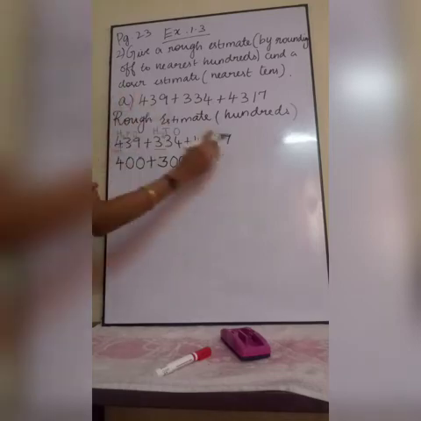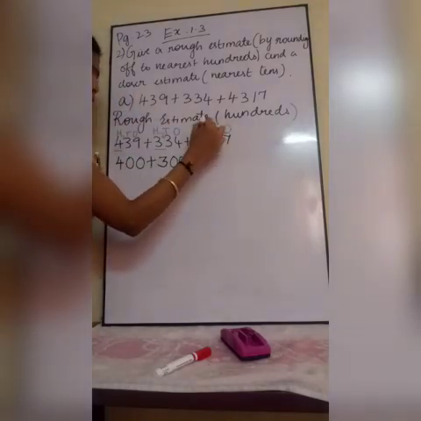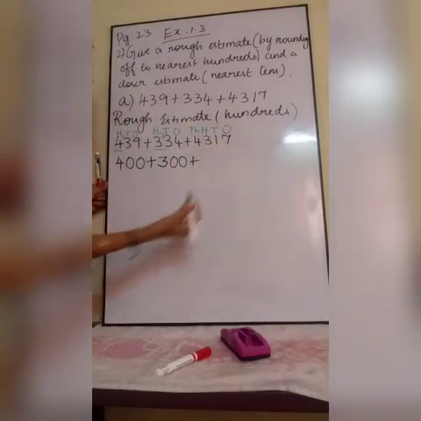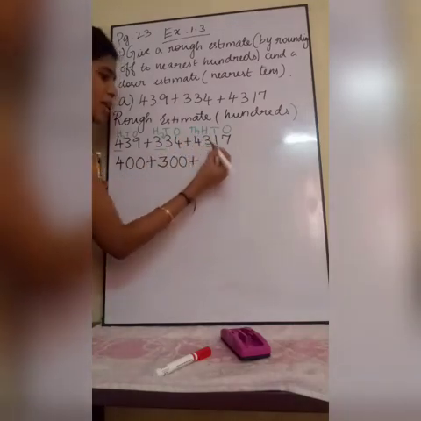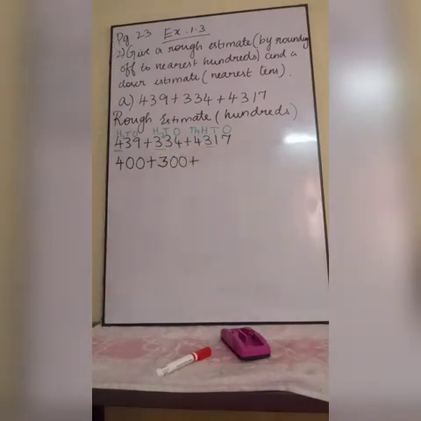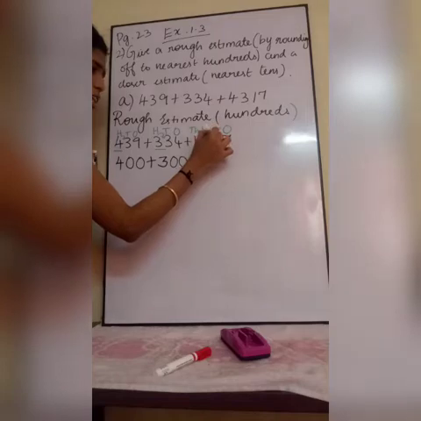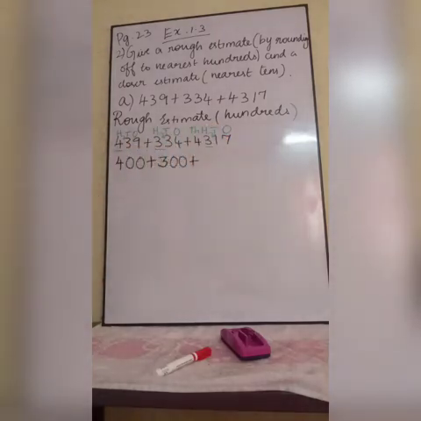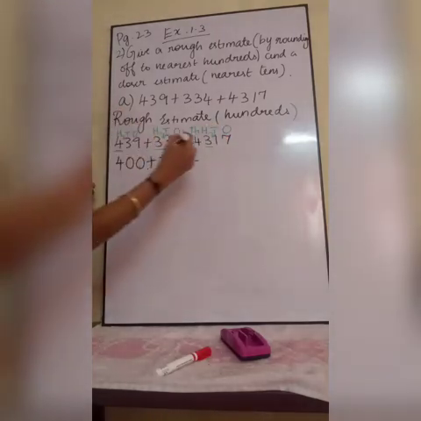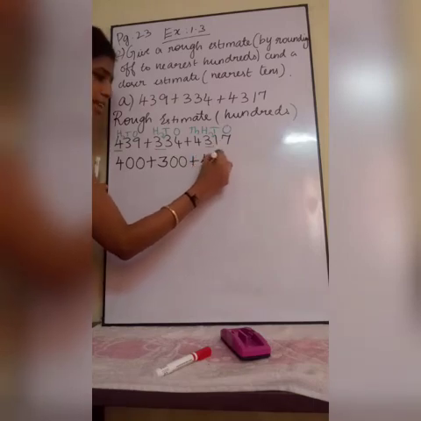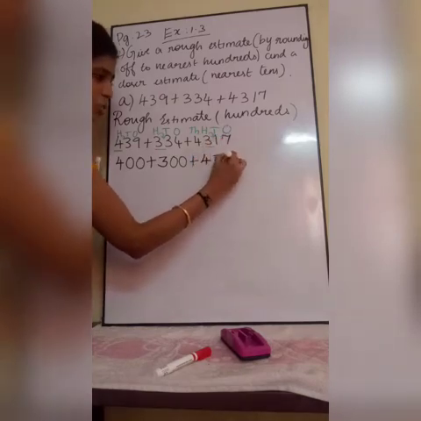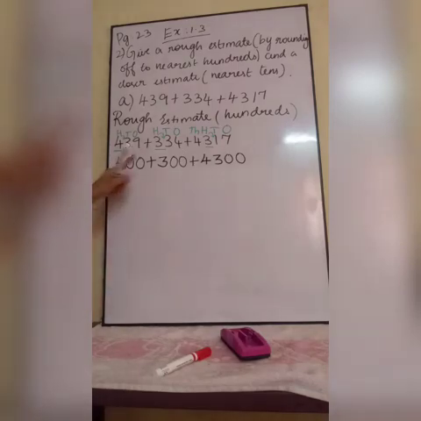Next, I am going to round off this number. Ones, tens, hundreds, thousands. Which place are you going to round off? The hundreds place. The hundreds place is 3. So which will you see? You will see the tens place. The tens place is 1, so no change. How will you write? 4, 3 as such, then 0 0. These are the rounded values for these numbers.